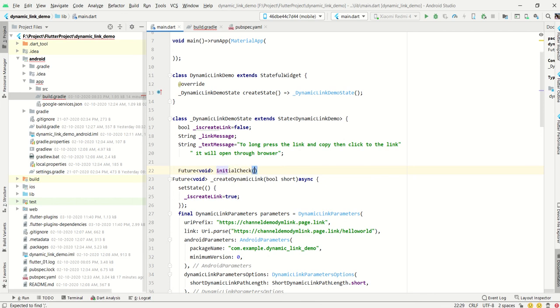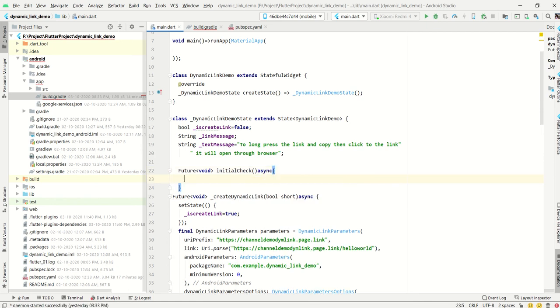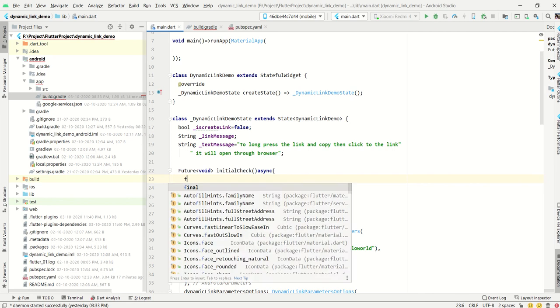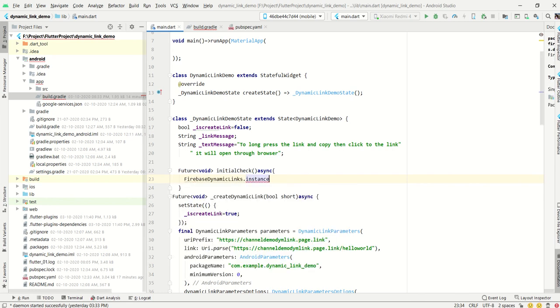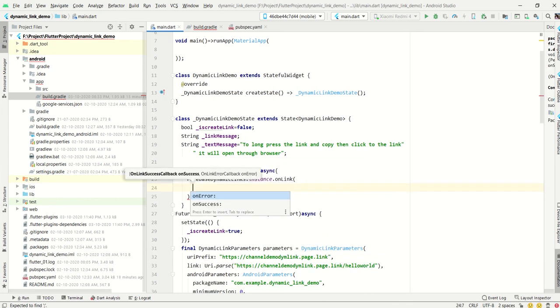A string is the keyword we have to write for the Future method. Then we write Firebase dynamic link instance dot on link, and inside it there are two other properties, that is on success and on error.